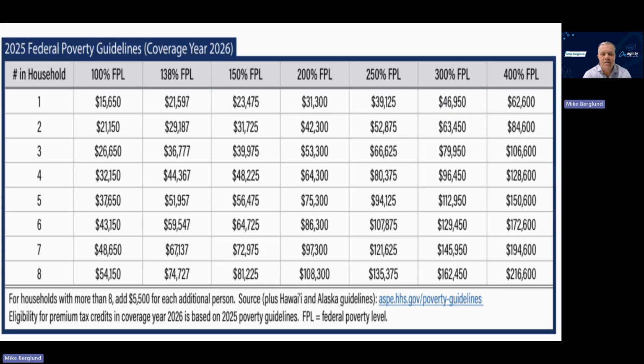All right, that's well and good, but what does the rest of that chart mean? What's 150% of the federal poverty level? Why do I need to know that? That's one of the thresholds for a cost sharing reduction. So if you're between 100 and 150% of the federal poverty level, you've got the best silver plan you can get. The silver plan is where all the magic happens. It's a stronger plan. So it may change from a $9,000 out of pocket to $1,500 out of pocket based